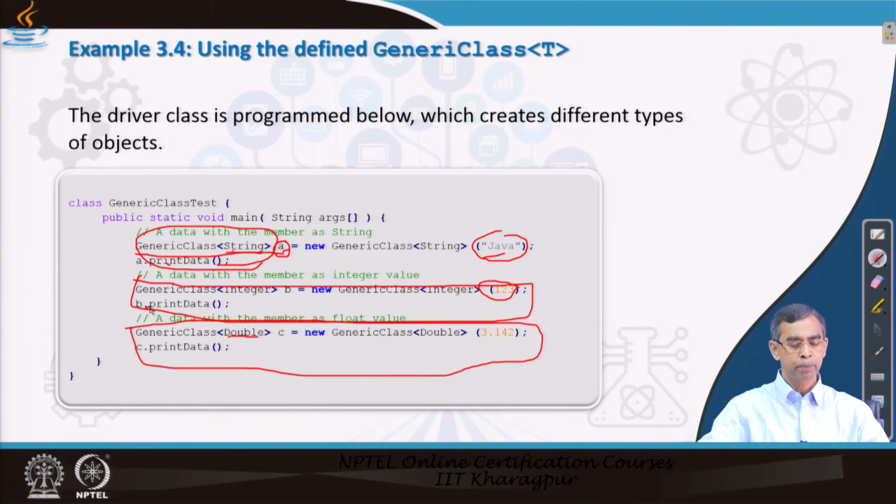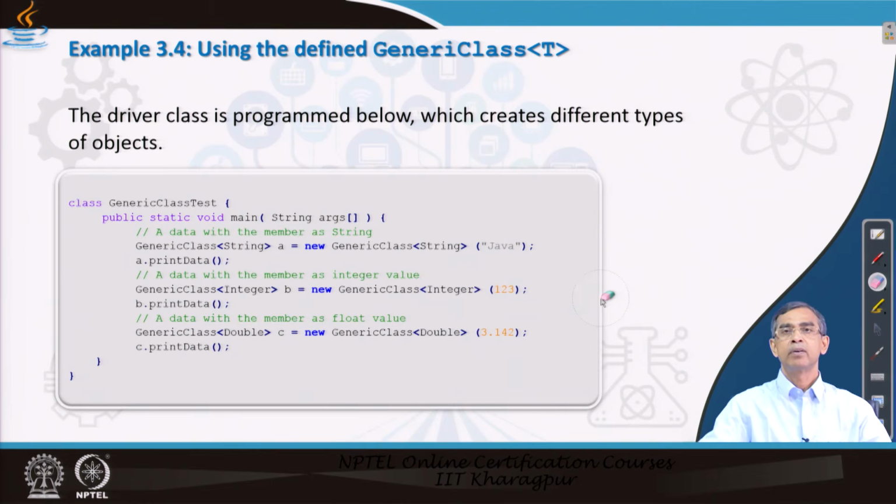For example, print data here prints data for integer type, here for string, and here for double values. So this way the generic execution can be done depending on the type of values that you want to process.